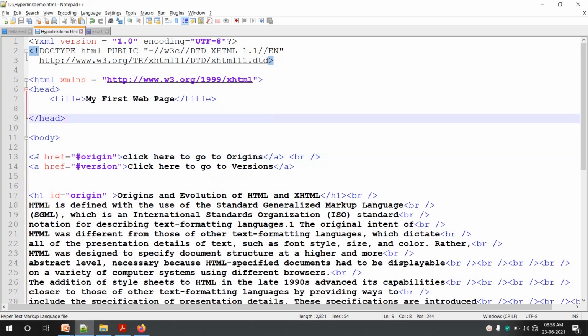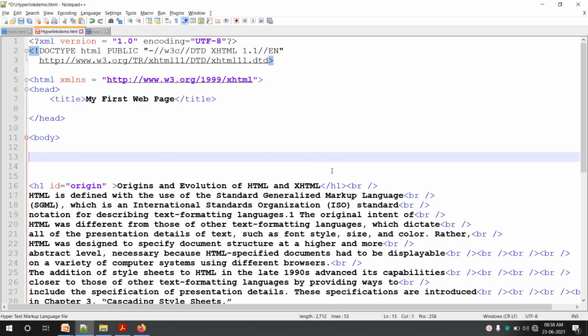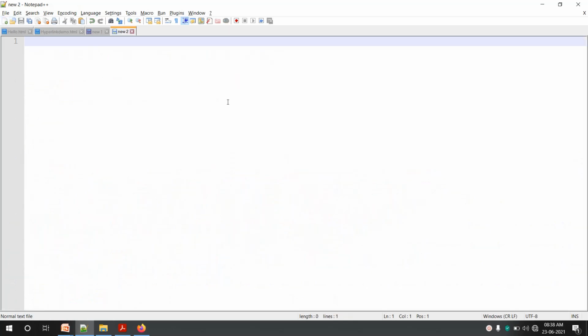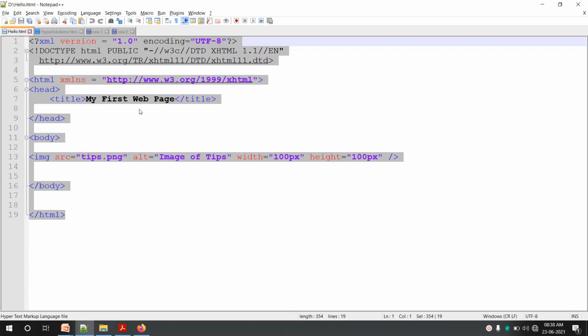Okay. So, what I will do from this particular document, I will remove this link and I will create now one more new document. I will just copy the skeleton.